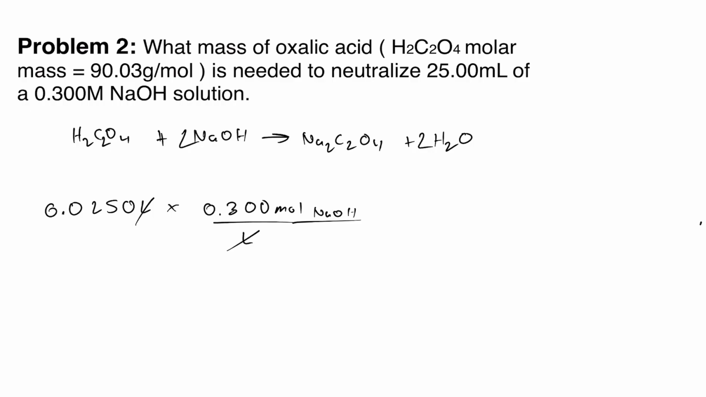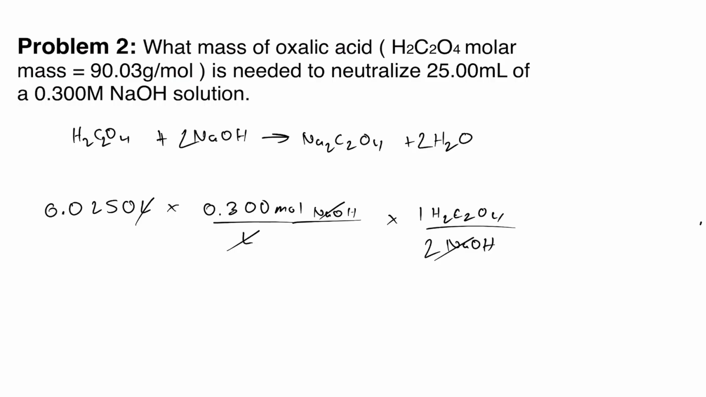Now right here we're looking for H2C2O4, which when we look at our chemical equation, simply only has 1 mole. So 1 H2C2O4 over 2 of NaOH. So we're once again dividing by 2 essentially. And then from here, now that we have moles of H2C2O4,